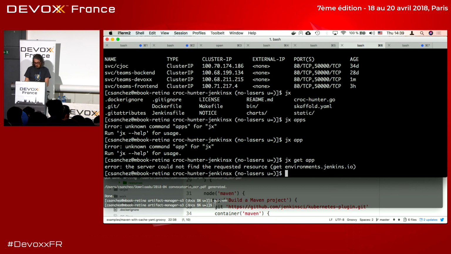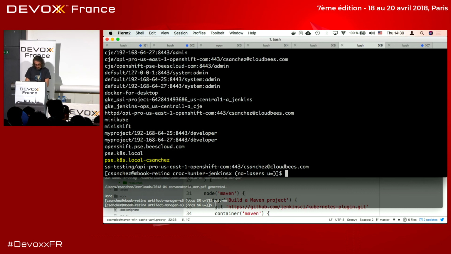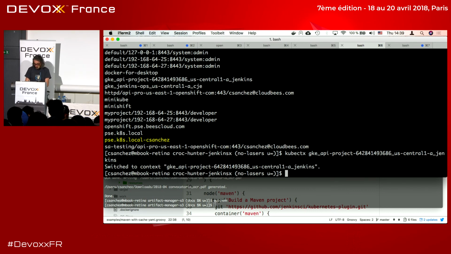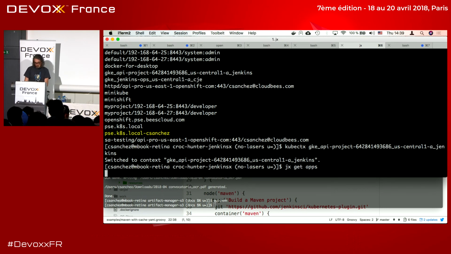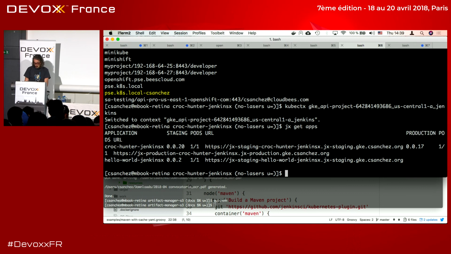Wait, I'm in the wrong place. kubectx. Too many clusters, don't do this at home. jx get apps. And jx promote, and I want env is production, and version is